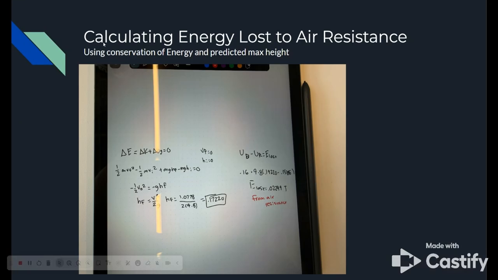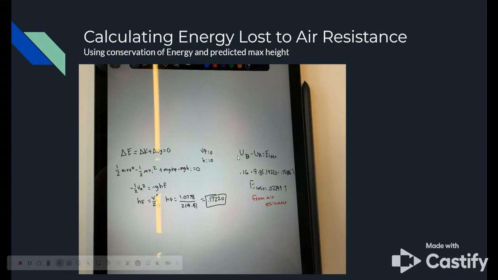So after that, we went on to air resistance and how much energy was lost because of that, using the conservation of energy and our max height from 2 slides ago. So I just went through, did the conservation of energy, put all the values in, and then I knew V final was 0 because at max height, V final was 0, and height initial was 0. So I found that using this, that the energy loss was